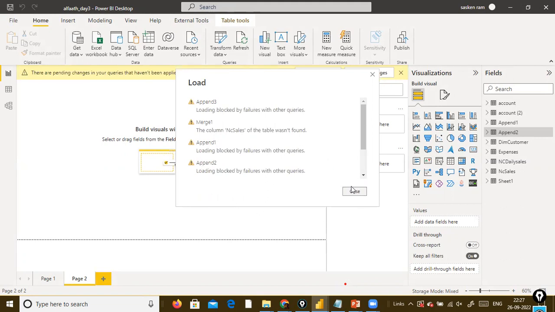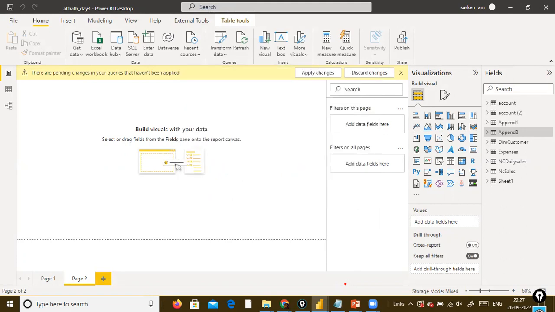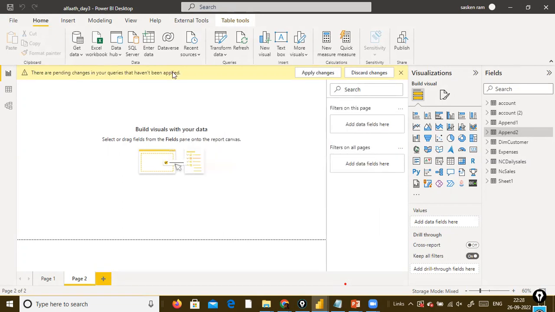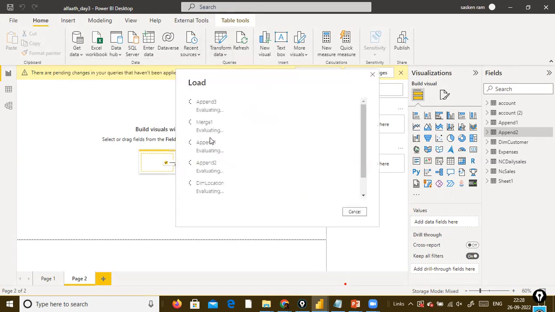Because I removed one table, right? The first table. That is the reason why it is one second. Let me just discard changes. Okay, instead of discarding it, I just go here. And when I apply changes, what happens is the problem is with